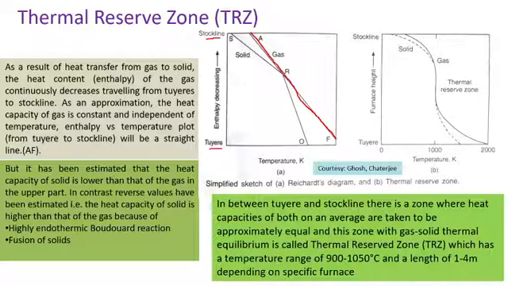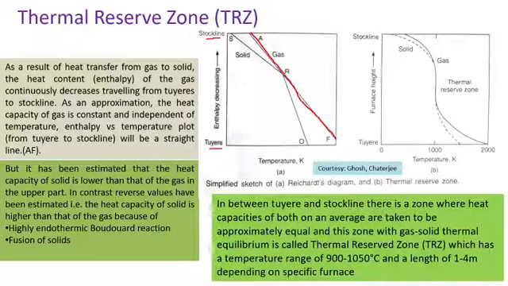It has been estimated, in a blast furnace, that the heat capacity of solid, that means the raw materials, is lower than that of the gas at the top of the blast furnace. On the other hand, in the lower part of the blast furnace, that means in the Bosh region, because you have taken the height from tuyere to stock line, so near the tuyere region,